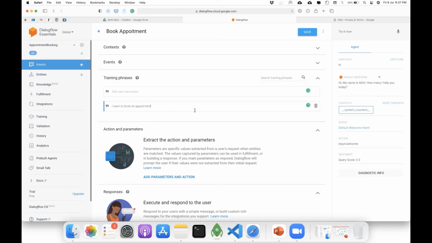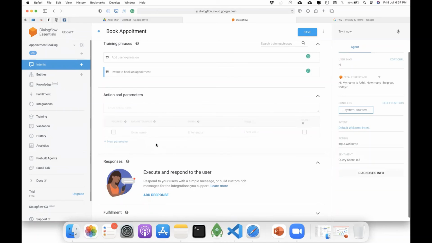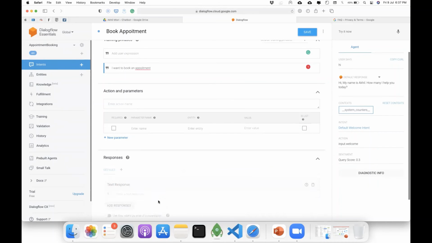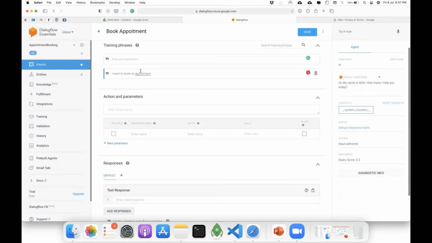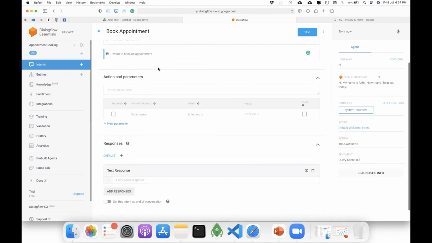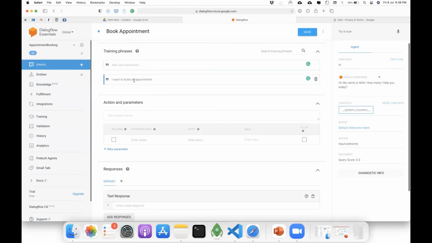And then I go to add parameters and I enable add responses. So I'm training the bot with this.